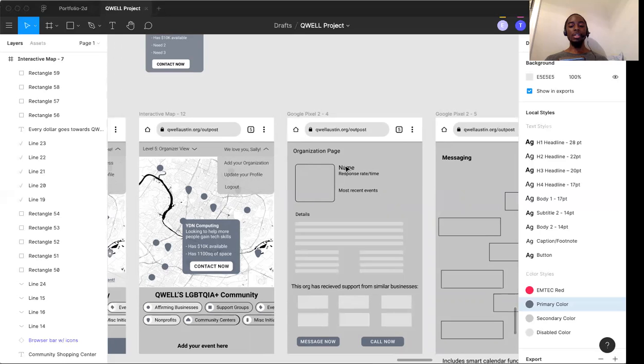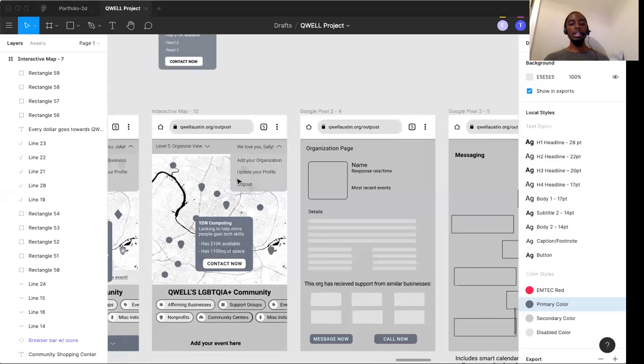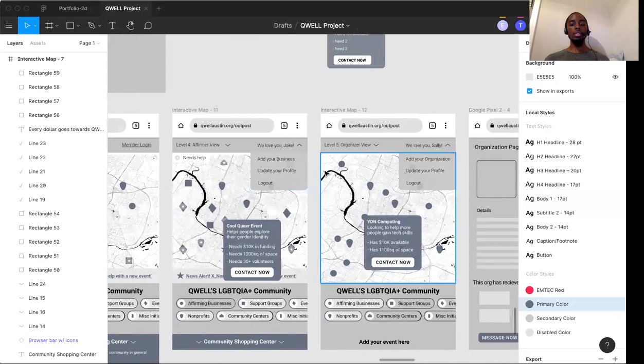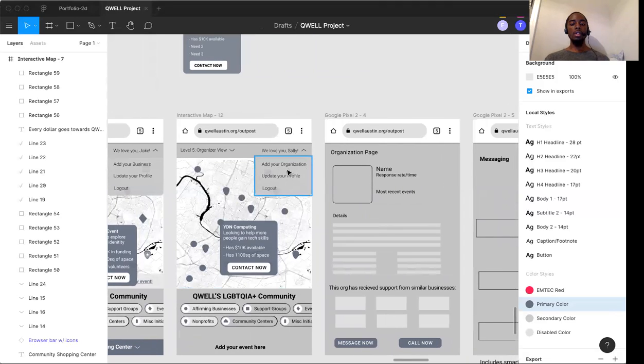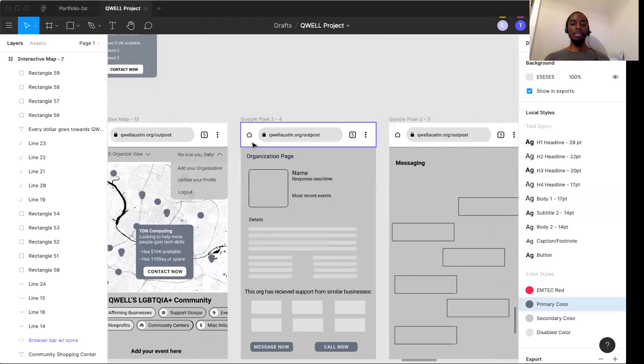But a better thing is to either not need a menu or put the word menu or something like that on there, or even the home icon is a little bit better than a hamburger menu. And I don't think I'm going to really need it here because this is basically all you need right here that I can think of. Just add your organization, update your own personal profile, or log out. So yeah, I'm probably going to put something like